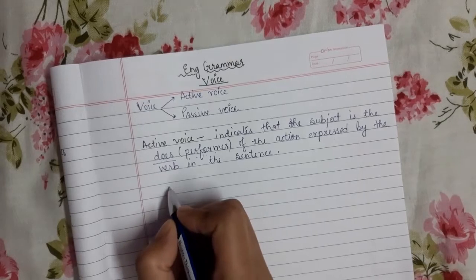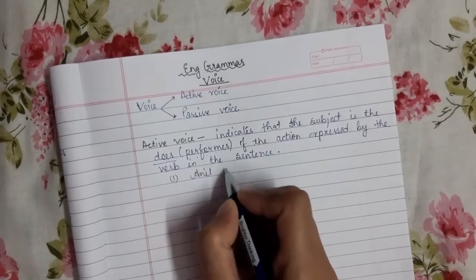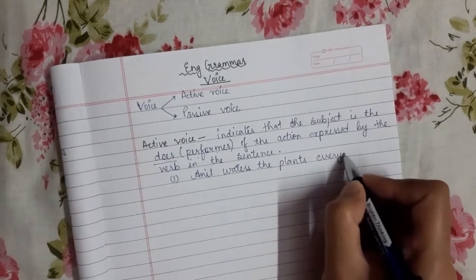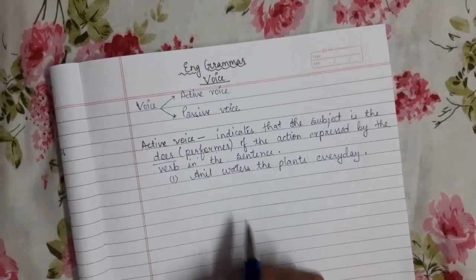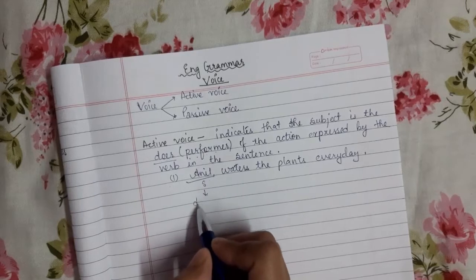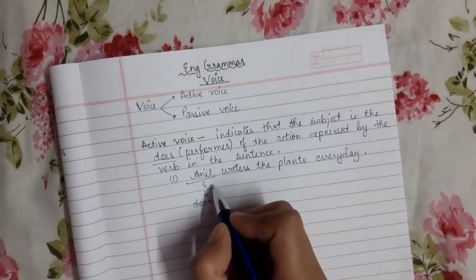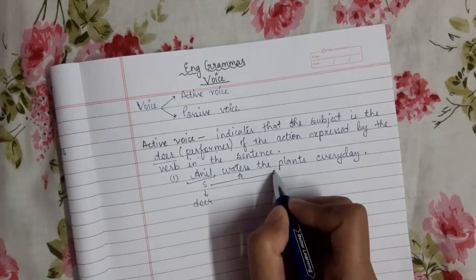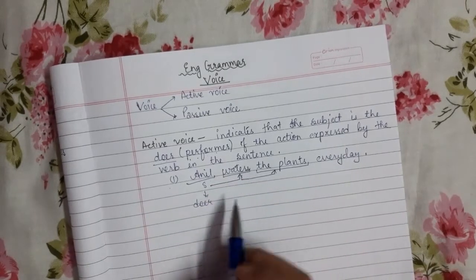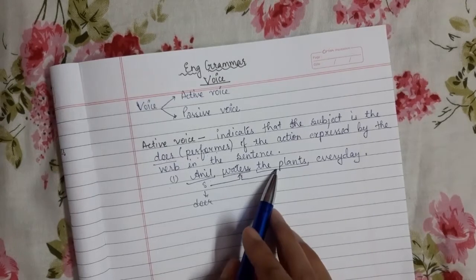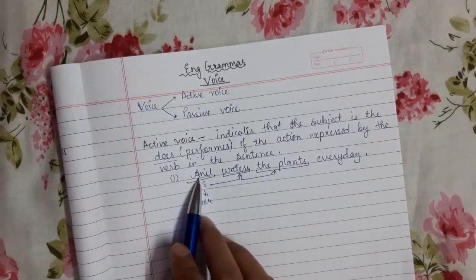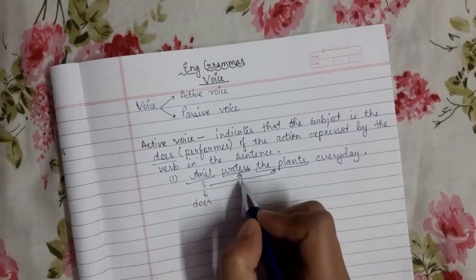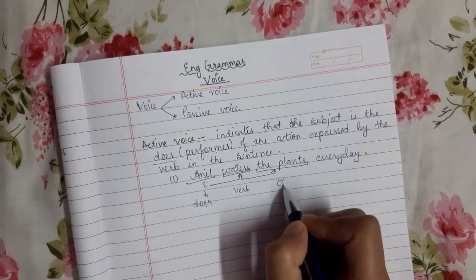Let me take an example. For example, Anil waters the plants every day. Now Anil is the subject, which means he is the doer, that is the performer. And what action is he performing? He is performing the action of watering the plants. So he waters the plants, and this verb affects the object, the plants. Anil is watering, what is he watering? He is watering the plants. So in this sentence, Anil is the subject, waters is the verb, and the plants is the object, which is